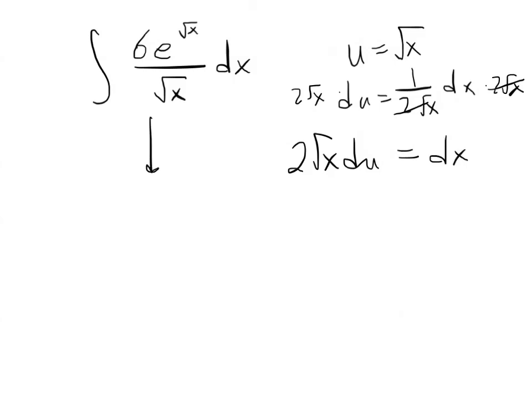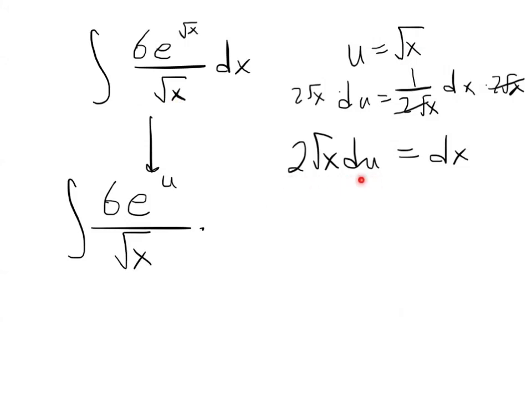And now I can plug that stuff into here. This is the integral of 6e to the u over, now I could plug in u here, but I'm going to leave this as the square root of x, mostly because I know that my dx is going to turn into 2 root x du, and I would really like that root x to be there